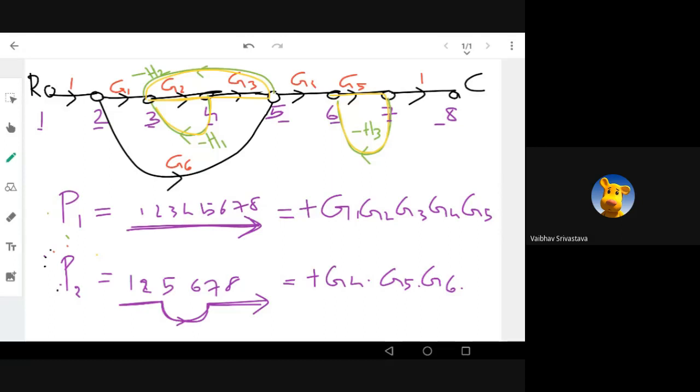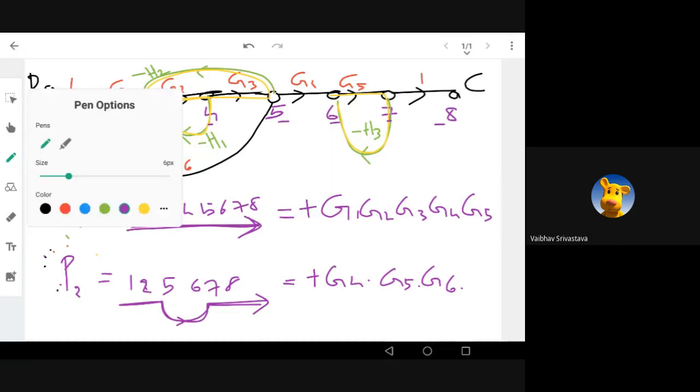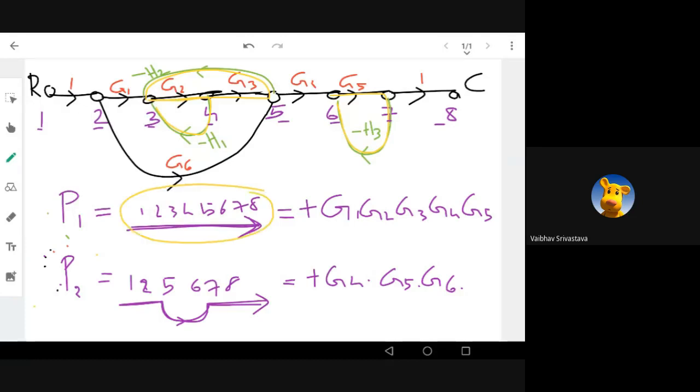Now these two paths you have designated are important to find delta. Remember in the equation, you always have the sum of the gain products of all possible combinations of 2 non-touching loops. This is what we use to find delta. And for delta k, you have to remember it is delta for that part of the graph which is non-touching the kth forward path. So we always need to refer to the forward path for finding delta 1, delta 2, and so on, to see whether it is touching.